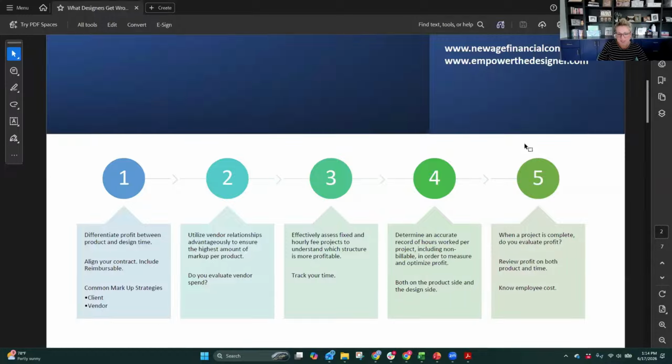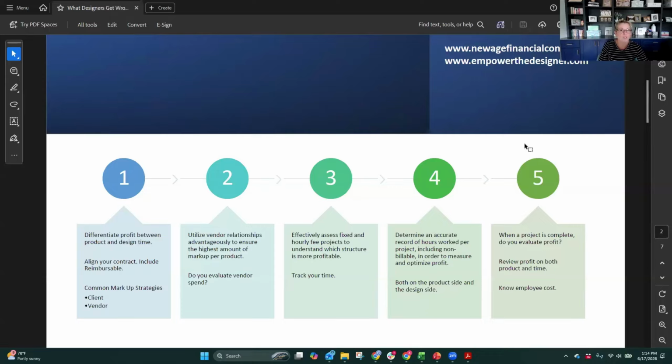And then finally, just at the end of a project, when you're complete and install is done, do you evaluate, and I would say both of those metrics, do you evaluate profitability on time, and do you evaluate profitability on product? Two separate evaluations. I would not combine them. I wouldn't run a report to say, okay, well, we finished the Smith job and our margin wound up being 35% and include my time. That is not accurate, right?